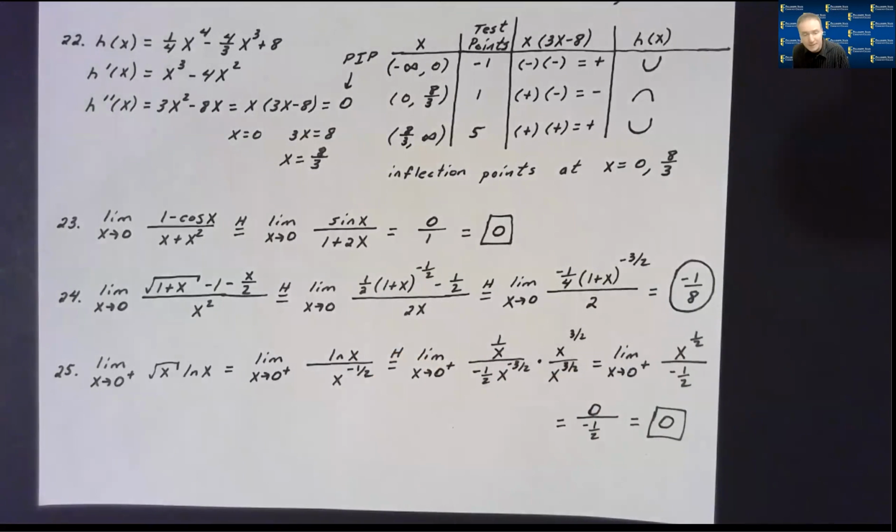Now, what I guarantee you is your test will have 4 L'Hopital problems, very similar to how this practice exam has it. I promise you, in one of the 4 problems, you should not use L'Hopital. That's one of the things I'm wanting you to be wary about. A lot of people, whenever they see a limit, they just start taking the derivative of the numerator and denominator without even thinking. With L'Hopital, you need to remember in fractional form, it needs to be indeterminate,